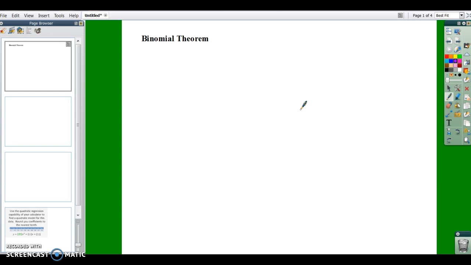So the first thing I want to talk about is the binomial theorem. And the binomial theorem actually allows us to expand a binomial raised to a power. So think about this for a second. If I had x plus y squared, that would just be x plus y times x plus y,